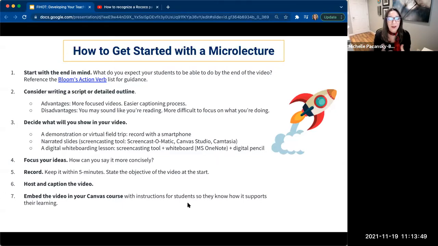Make that your goal, and be sure that you then host and caption the video and then embed the video in your Canvas course. And so those are those same steps that we started out with by taking a look at the 4 steps to creating a video.